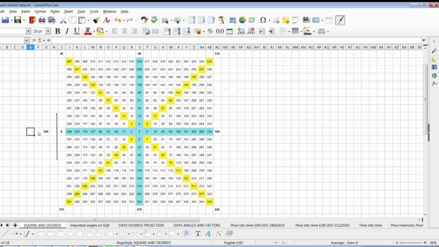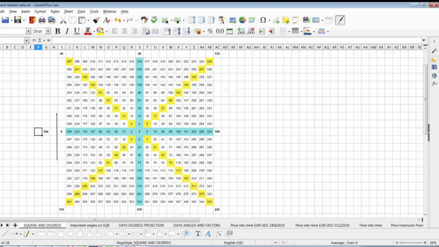So square of 9, as you might know or not, was not invented by WD Gann, but Gann was the first who was using square of 9 as a calculator, because as you know, at the beginning of the 20th century there were no calculators, there were only abacuses and nothing else. So Gann was using it as a calculator for calculating his price, not only time but also price, and also for calculating the angles. Using the square of 9, you can calculate support and resistance points, resistance lines, which are